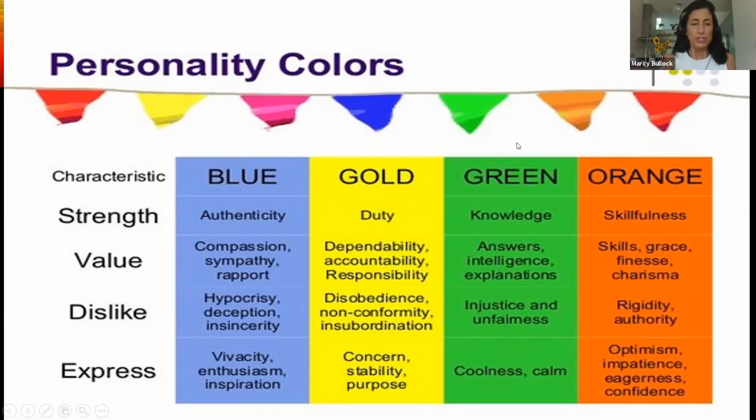You've heard that before. So blue, big into authenticity, values compassion, doesn't like insincerity, and expresses enthusiasm. Gold, into duty and dependability, dislikes disobedience, and expresses a concern and a purpose. Green, I talked about you, knowledge, intelligence, explanations. Here's how you fix the ice maker. And they dislike injustice, and they express calmness. Orange, skillful. You like finesse. You dislike rigidity. You don't want to be in a box being told the rules, and you express a lot